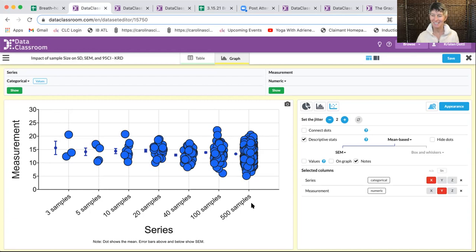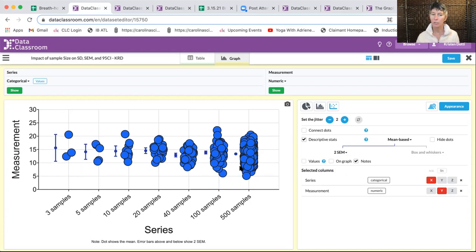I'm sorry, it's the standard deviation divided by the square root of the sample size. So if the sample size is playing a role in that equation by being in the denominator, then it makes sense that it would be dramatically influenced by the sample size changing to a larger and larger number. Likewise, if we change those error bars to be 2 standard errors of the mean, we see just a